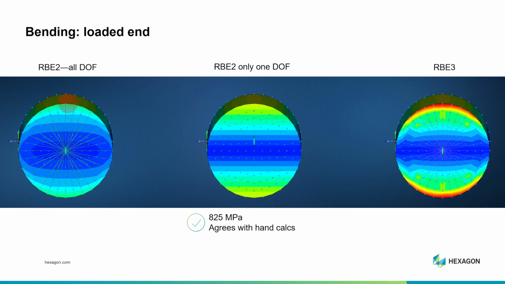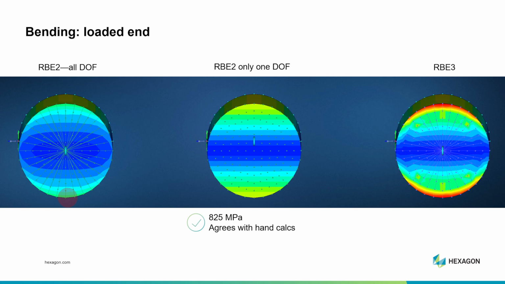The top of the rod is in tension, and so we have elongation in the x-coordinate, so we should have shrinking in the y and z coordinates. And vice versa, at the bottom of the rod we have compression in the x-coordinate, so we should have expansion in the y and z coordinates. Not by a huge amount, but the RBE2 here doesn't allow that to happen at all, and that distorts the